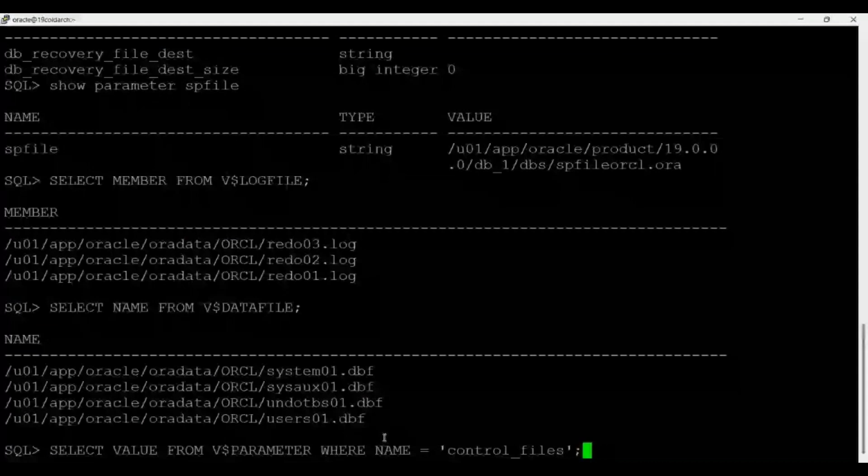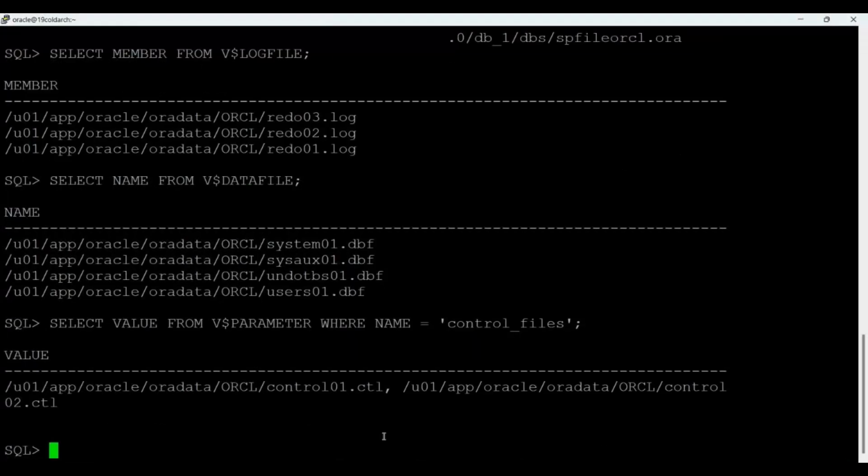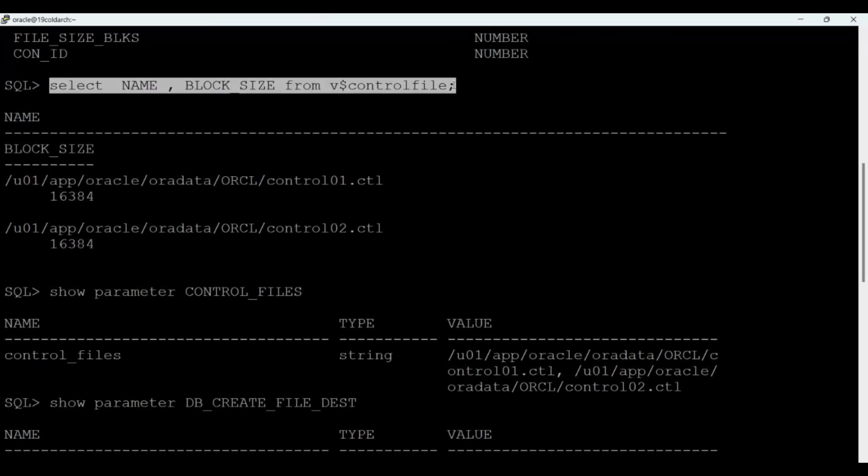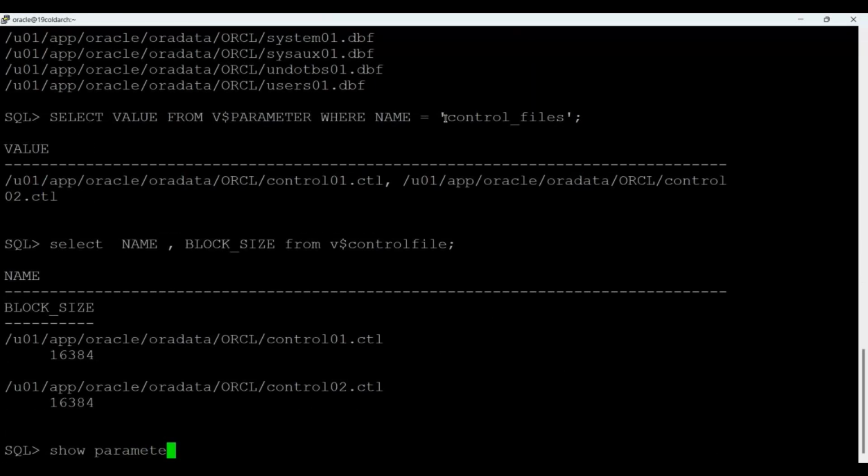So you will access v$parameter also. From there you can check this way also. Otherwise you have show parameter control_files, or you can check select name from v$controlfile. We already did that actually, like this. So this query you can also use. Or you will say show parameter control